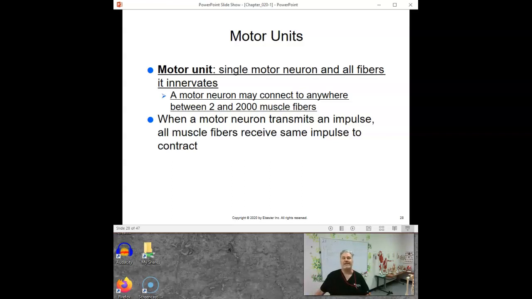It's very common to see 2,000 muscle fiber units in like your legs, because there's no time in your legs you're not recruiting at least a couple thousand fibers. To do very simple activities in your legs, you need to fire off a whole bunch of fibers. But remember, even if you had motor units going to 2,000 muscle fibers, remember I said there's probably 10 million muscle fibers in your legs, so you've got loads of motor units, and your brain is deciding which ones to fire off or not. But that single neuron can set off the entire motor unit. Not the entire muscle, but the entire group of fibers in that muscle.